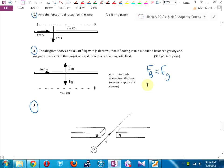Okay, so the direction, current is moving this way, and the magnetic field, floating in midair. Okay, so the fact that it's floating in midair, gravity's pulling it down, that must mean the magnetic force is this way. All right? So if I point my right thumb in the direction of the current, now when we